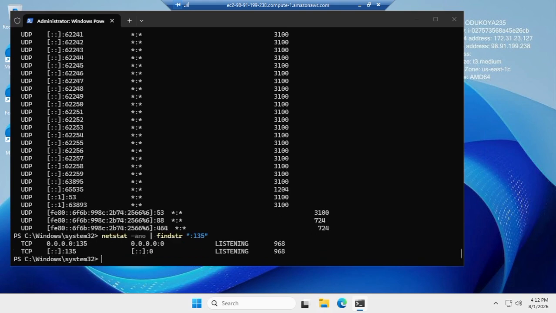Port 135 is used for Microsoft Remote Procedure Call, or RPC. RPC allows Windows services and applications to communicate with one another and is commonly used for remote administration and other Windows networking functions. Next, I locate port 3389 by typing